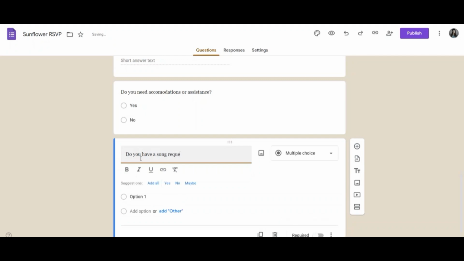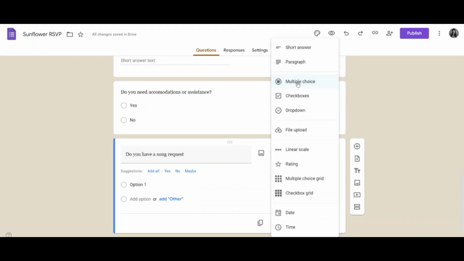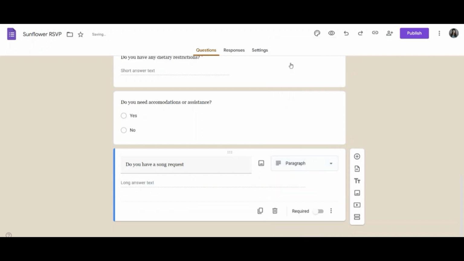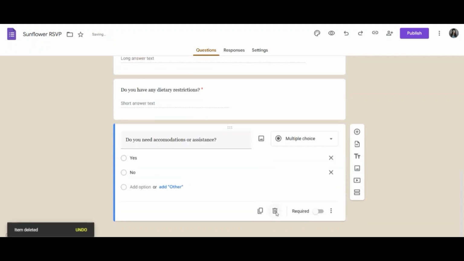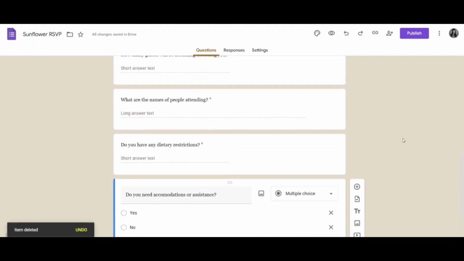And then we don't like this one, option 1. We need our guests to write what is their song request, so change it to paragraph. But if you don't want to add some questions, you can just delete it by clicking the trash button here.